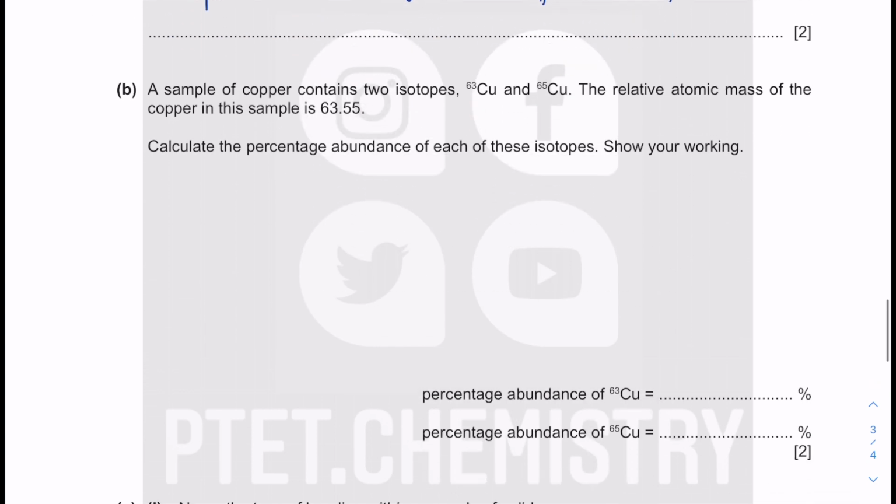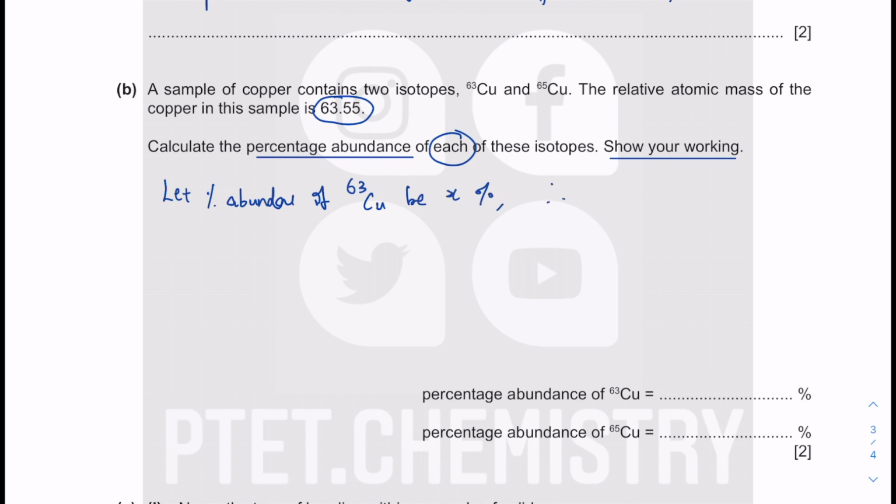So together with metallic bonding, they can incorporate these ideas of metals and isotopes and the relative atomic mass. So it says 63.55. So you're supposed to work out the percentage abundance of each of these isotopes and show your working. So usually they give you the percentage and then they ask you to work this one out. But here they want you to work out the percentage abundance of these and these, given that there are two isotopes. So if I let the percentage abundance of copper 63 be x percent, percentage is out of hundreds, therefore